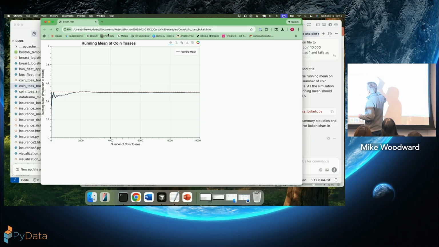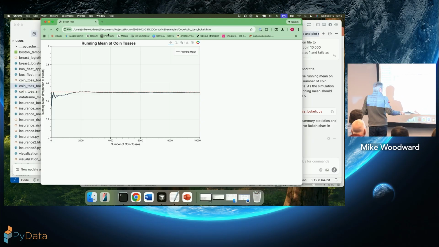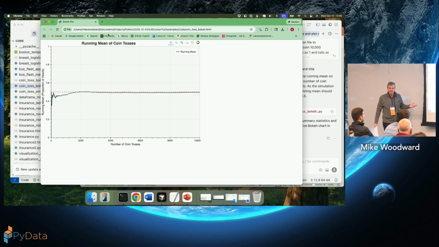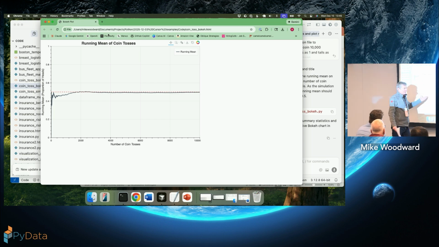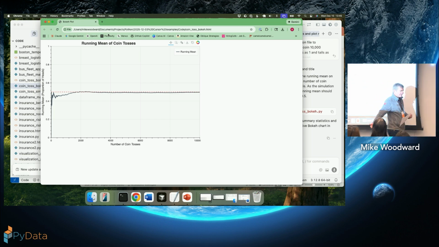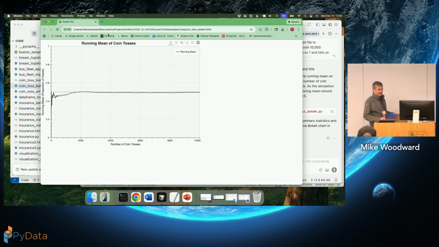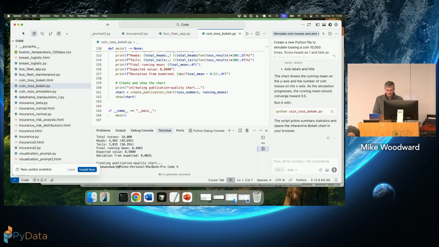Okay, so this is the chart that it's produced. We can argue whether that's publication quality. How much effort did I put into that? I wrote a simple 2-paragraph prompt, right? And that's what I got out. So what I want you to think about is the productivity that you could get by using this kind of tool. Now, okay, that's fine.